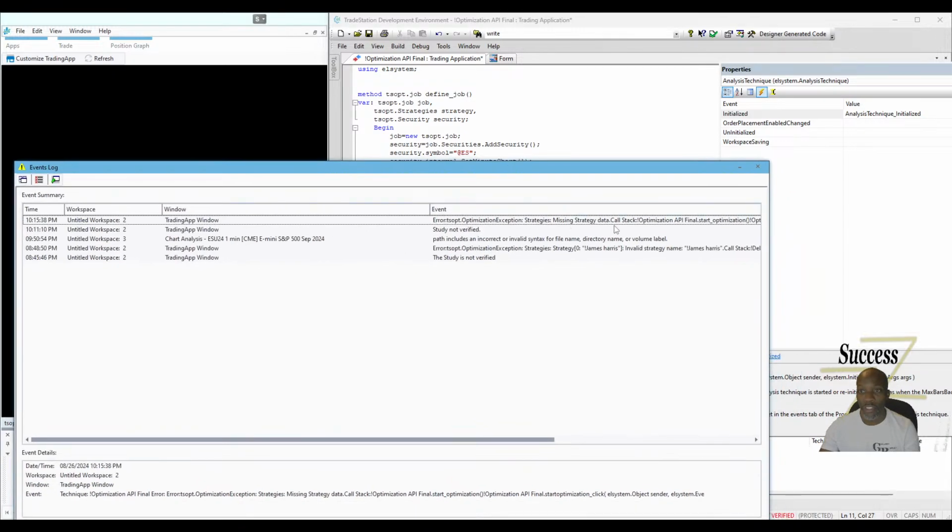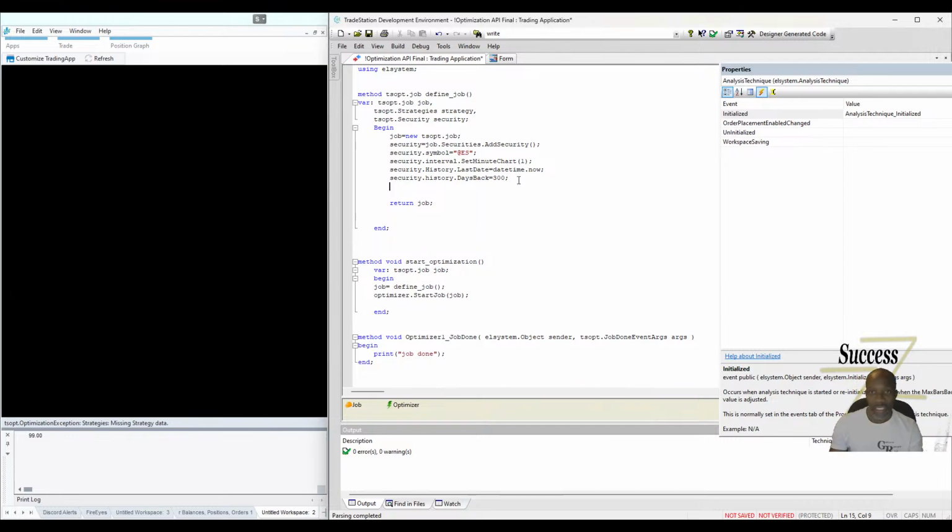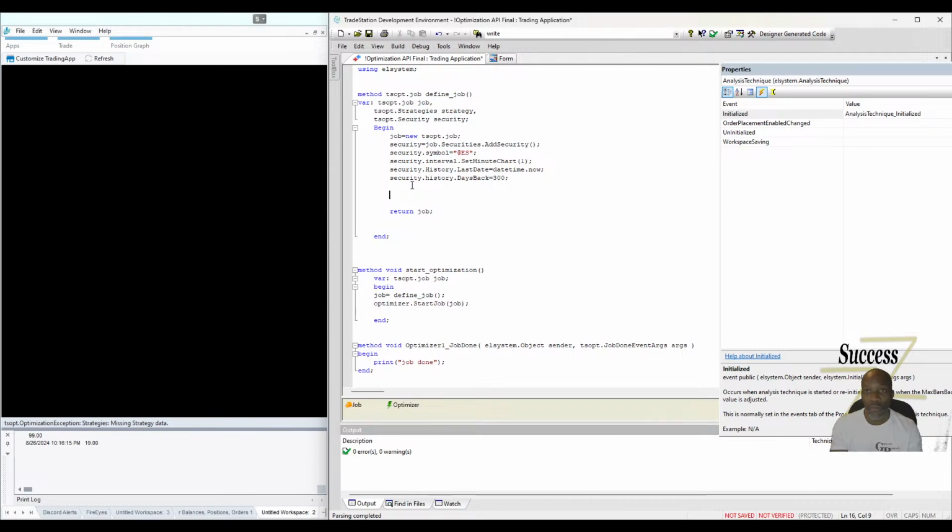Strategy, missing strategy data. James used to be on here a while ago, and I made a strategy for James, and that's what it was called. Or maybe we'll do the Al Brooks one. But anyway, we didn't add our strategy here, right? You got strategy up here. We didn't add the strategy. So we need to do